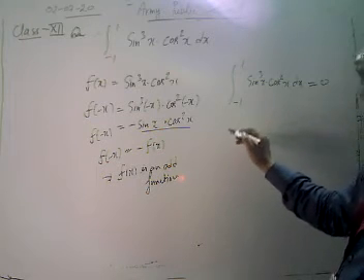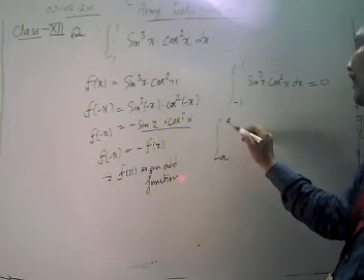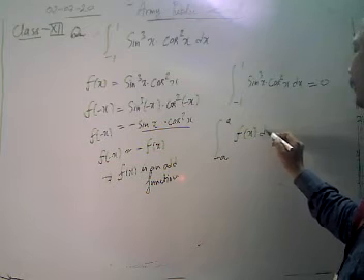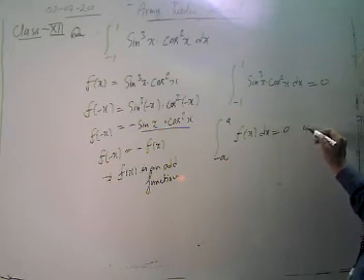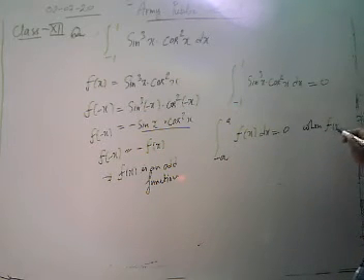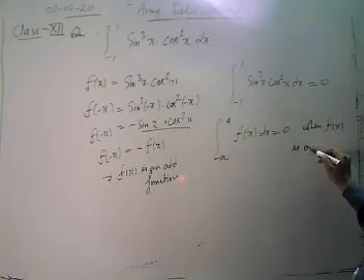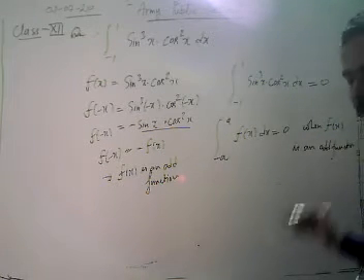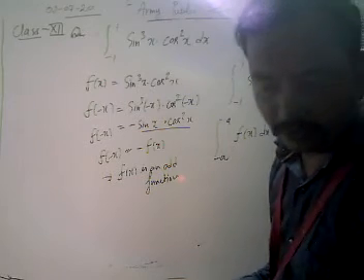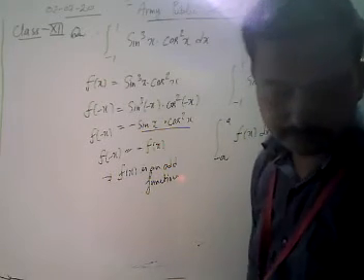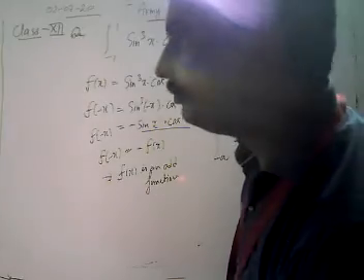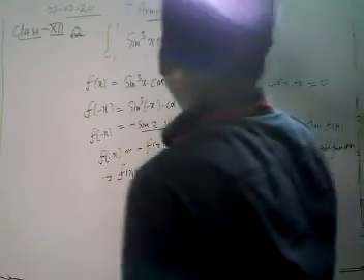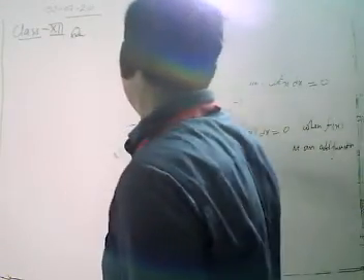Therefore the integration from minus 1 to 1 of sine to the power 3 x into cos square x dx is 0. We can write down the property: the integral from minus a to a of f(x) dx equals 0 when our function is an odd function. Now we are going to move on to our next problem. Let's start it.